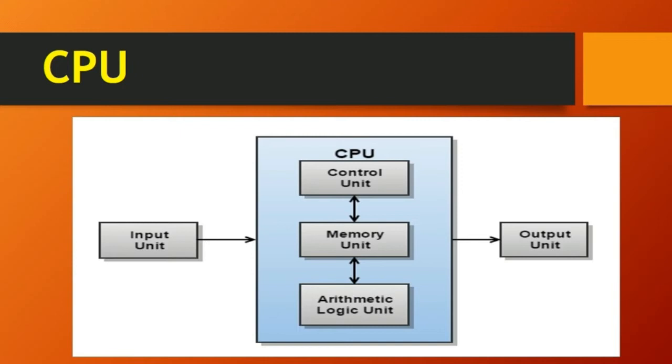Next one is ALU, that is Arithmetic and Logic Unit. This unit performs arithmetic and logical operations. That means, for example, maths. If you want to put in any maths sums or binary digits 0 and 1, we can use the ALU, the Arithmetic and Logic Unit. We can use it with symbols and with numbers. For this purpose, it is very useful.